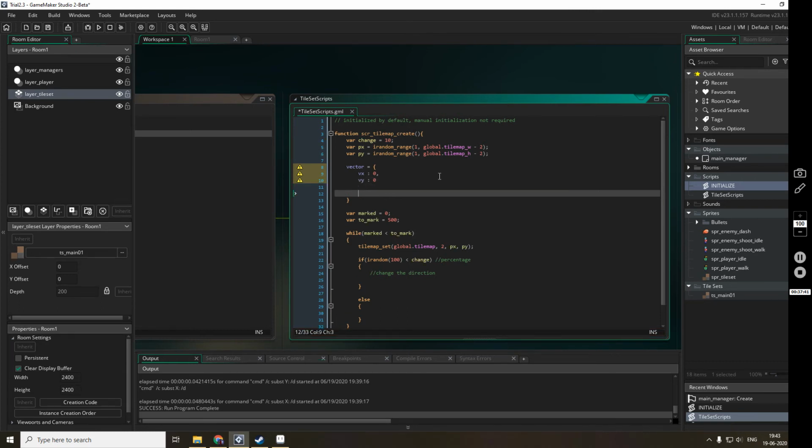Now this is a struct, something you may be seeing for the first time in GameMaker at least. This is a structure. Now you will see how. I will just give it var vector, because we don't need this vector once we are out of this function.